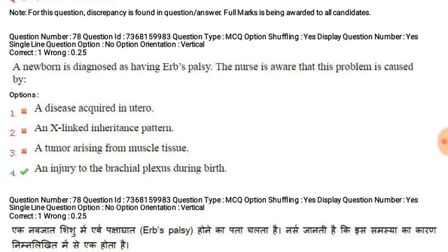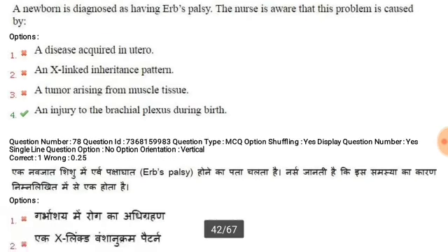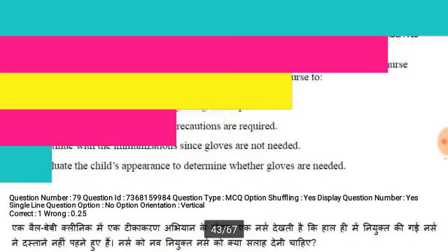The next one, a newborn is diagnosed as having palsy. The nurse is aware that this problem is caused by: A. disease acquired in utero, B. X-linked inherited patterns, C. a tumor arising from muscle tissue, D. an injury to the brachial plexus during the birth. The answer is the fourth one. The next one,